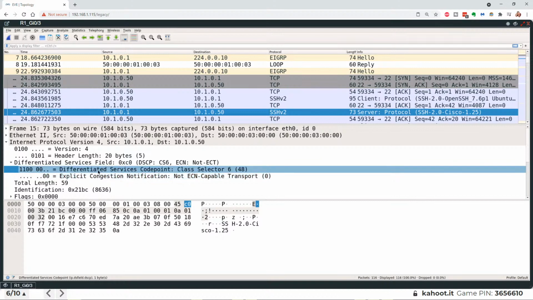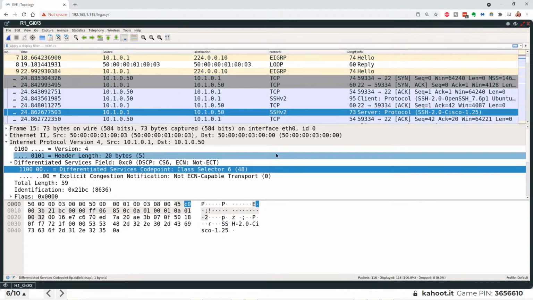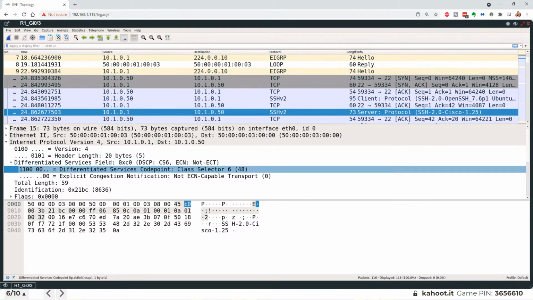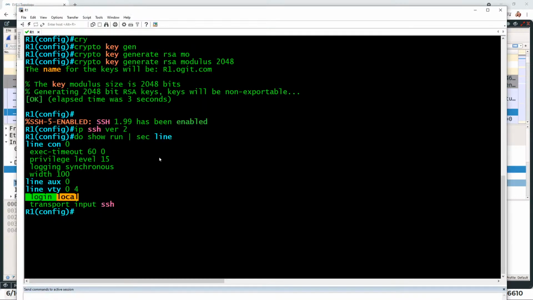Look at that. See the differentiated services code point of 110000? And there has the class selector of 6 and a value of 48. So by default, this router couldn't care less, or the devices in the network don't care about those bits because a lot of their default policies are first in, first out.